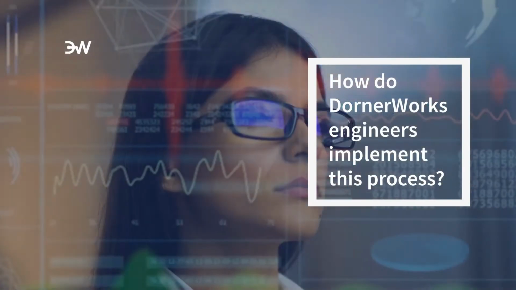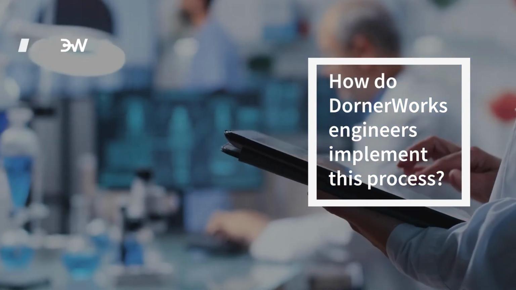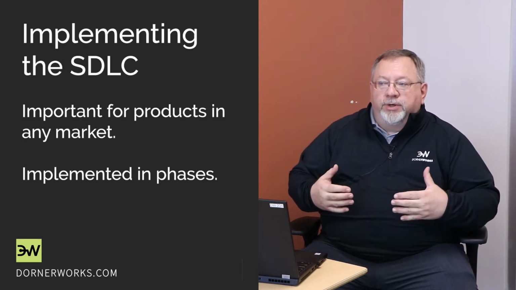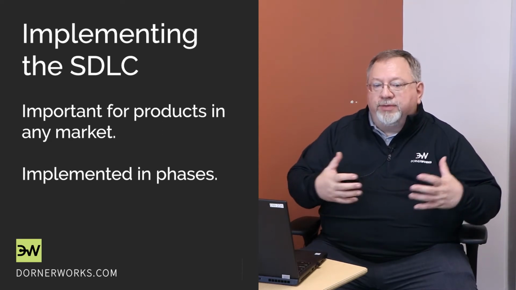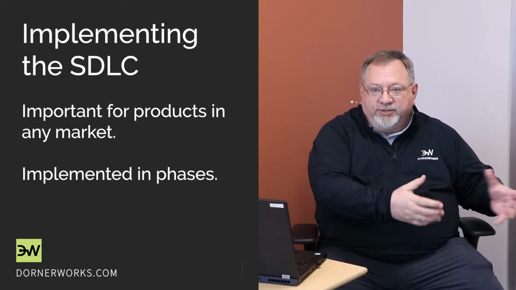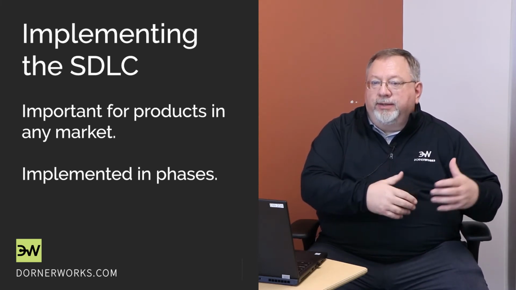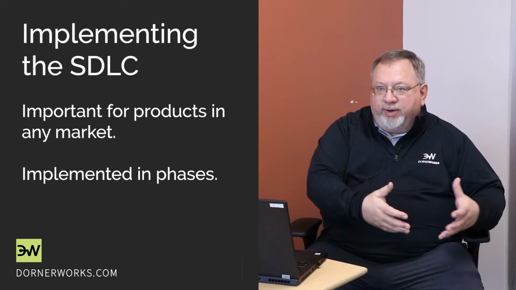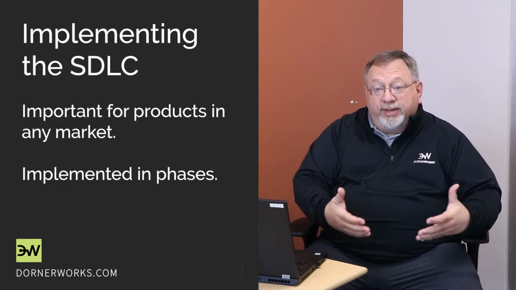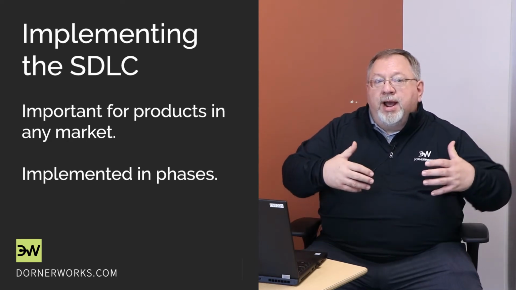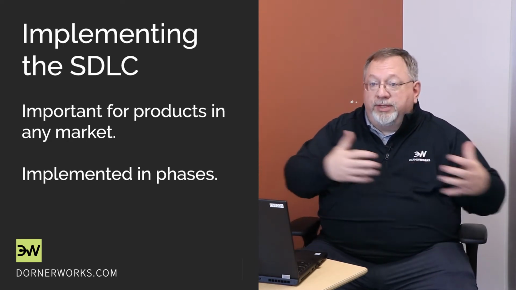How do DornerWorks engineers implement the software development lifecycle? DornerWorks engineers implement this process in various ways depending on the type of software we're developing. For commercial applications, we have the DornerWorks software development lifecycle, and that is a basic process that walks through those phases. We do requirements analysis so that we know what we're building. We do a design and an architecture so that we know how the software is going to implement those requirements